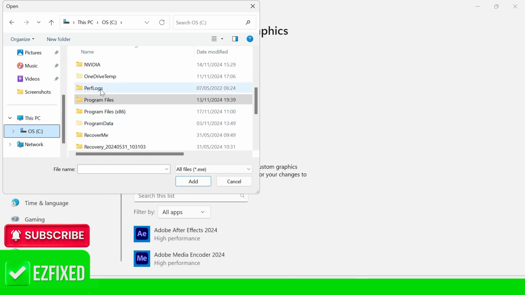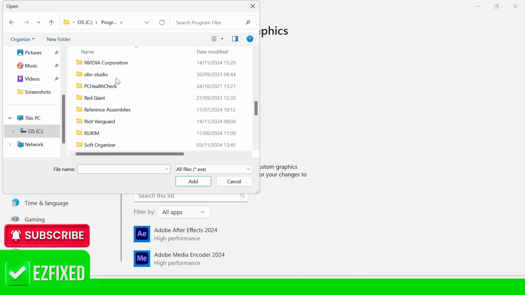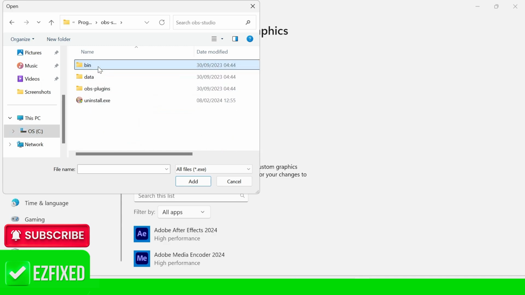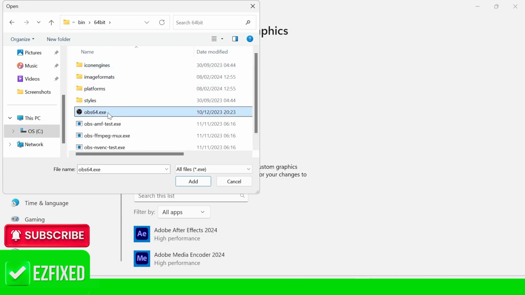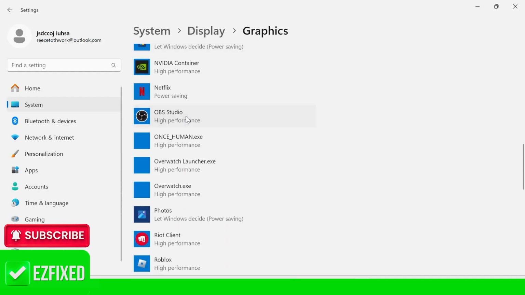Studio is saved to. Now for most of you, it's going to be in your program files. Scroll down and select OBS Studio folder. Double click on bin 64-bit, and then you'll have this application obs64.exe. Double click on this, and once you've added it to this list of applications, we can scroll down and select